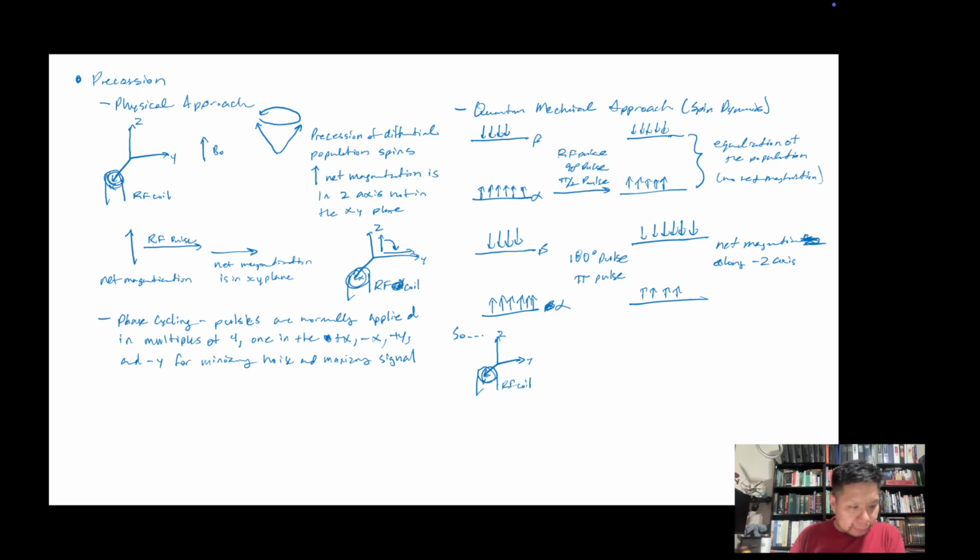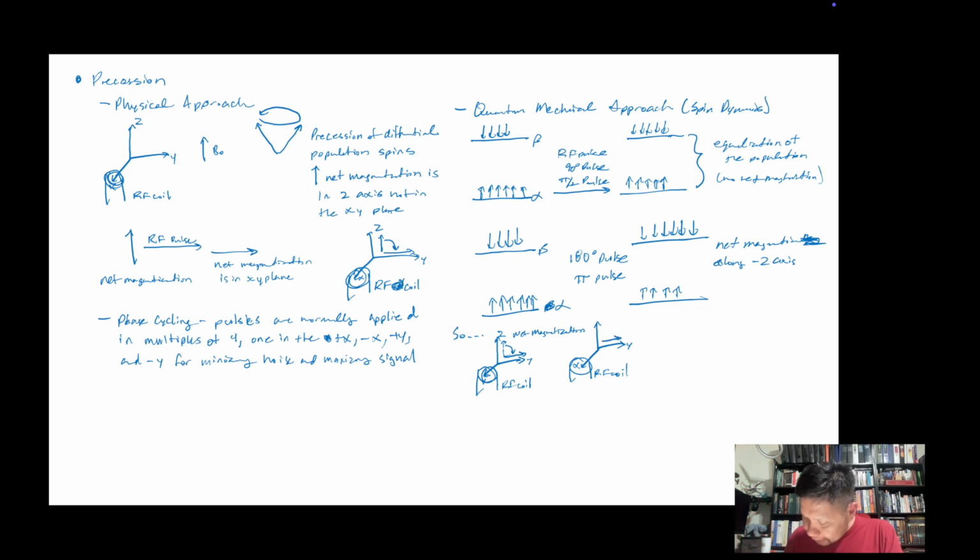And so we begin with the proton aligned with the z-axis, right? And then we pulse it, and it comes down here in the xy plane, right? And so this would be our net magnetization. Right, that's our net magnetization. And then, once it's there in the xy plane, again with our RF coil right there,